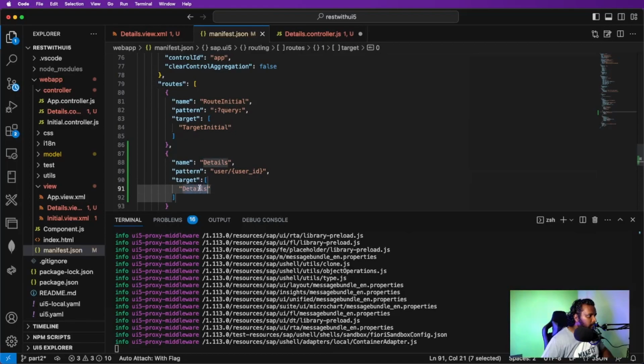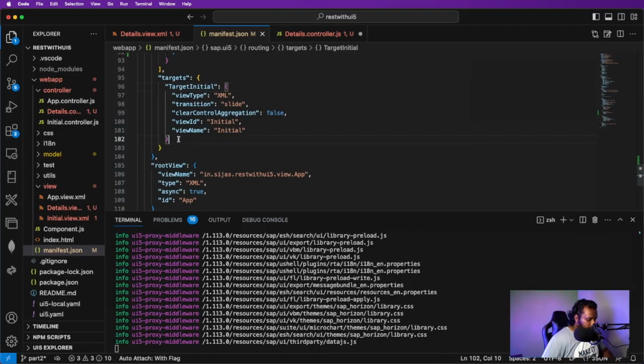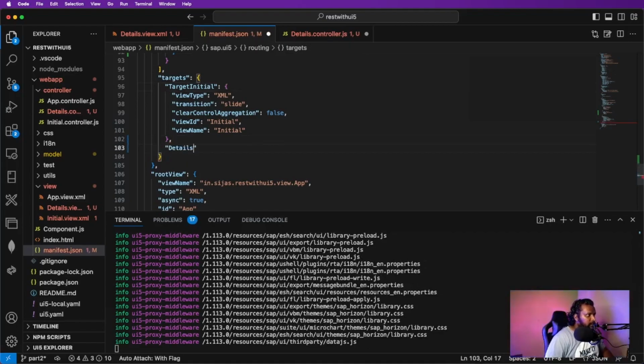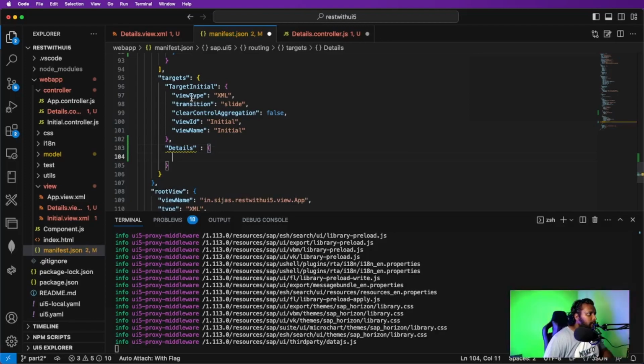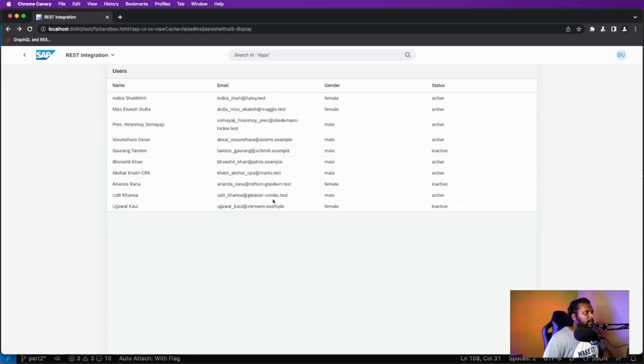Copy the details, go to the targets section, create a new one. So basically everything is the same. I'll just need to copy the view type, slide translation, everything. This is details, so the view ID can be details. You can give any name, but the view name is details. So we have loaded the app as you can see, but there is no way we can navigate to the